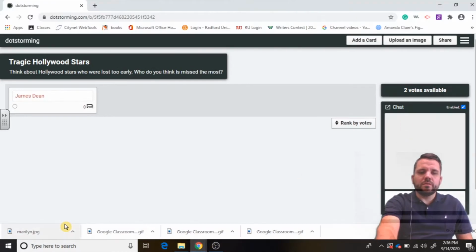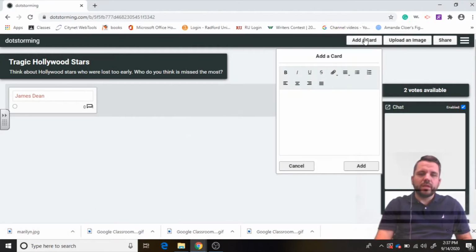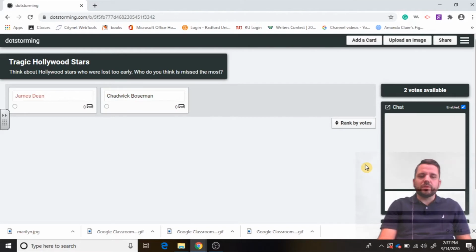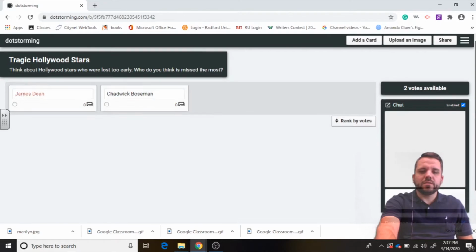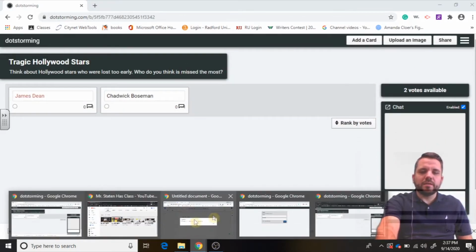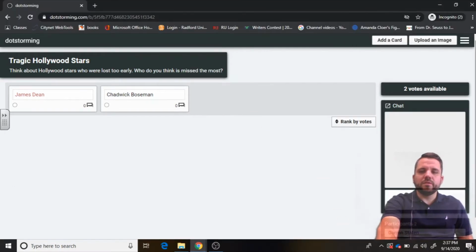So back to the teacher view now. We're going to generate some other cards, and we want to keep things as relevant as possible. So you might think about including other stars that were lost early that are more relevant to the students. Chadwick Boseman, who plays Black Panther. The students might know more about this person than they would James Dean. And then, just in case Jimmy is a movie buff, or likes movies, maybe he has some ideas of his own. So over in Jimmy's view,